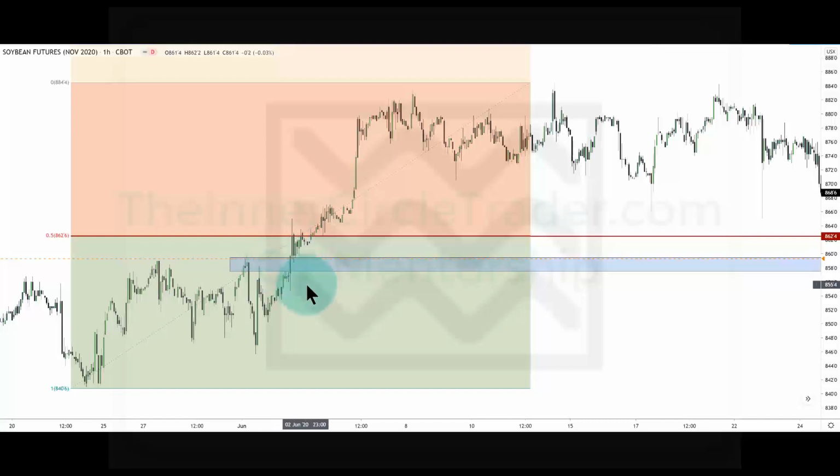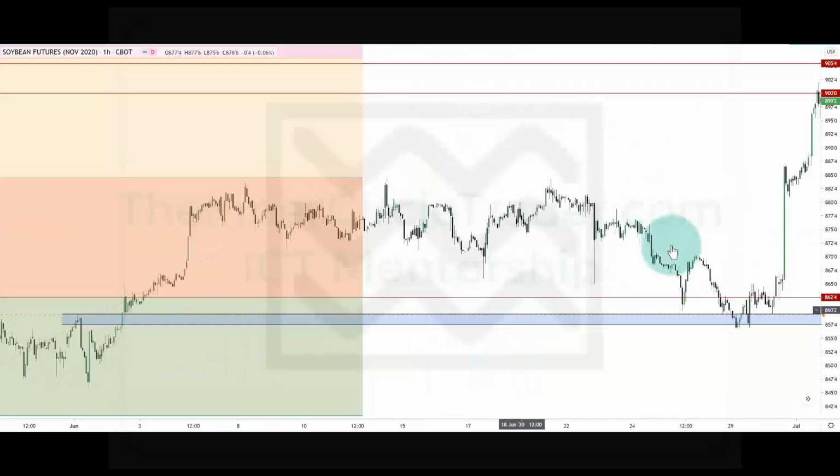discount array, which is overlapping with a bullish breaker. Low, high, lower low in there and running relative equal lows. Coming back, closing in, fair value gap. Market trades down into that. Wait for displacement. It happens. We have a fair value gap right in here.